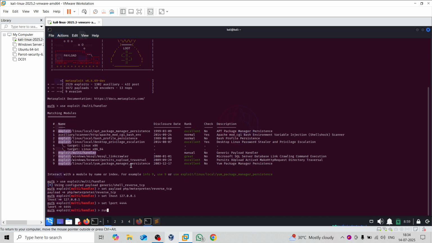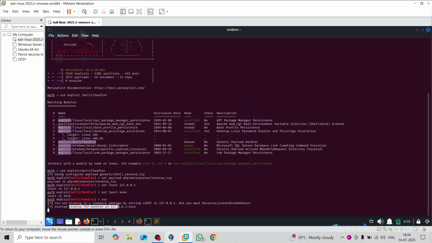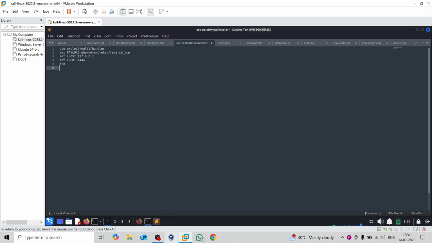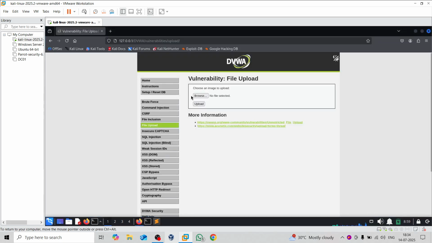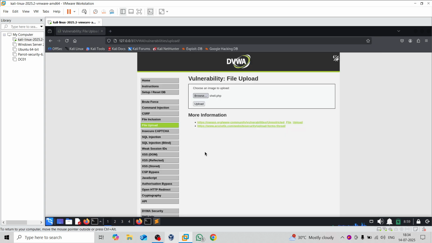That's it. Now I'll simply click on run, and once I click on run, it will start the handler. As you can see, the reverse TCP started on the given host and port. Now I'll come and upload through the browse section. I'll come back here and upload my shell.php, and once I click on upload,